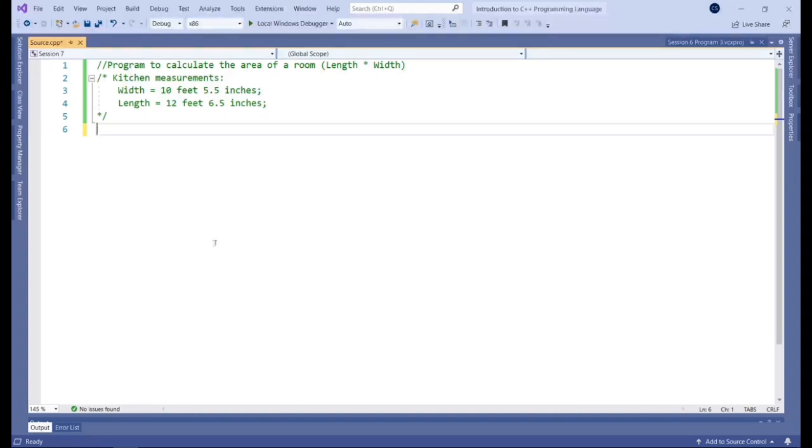Let's say you have a group of measurements, right, for a kitchen here, and the width is in feet and also in inches. So it contains both units of measurement. You'd want to keep them together as part of the width. But if you were to give them each their own variable, then you end up with a ton of variables and it gets messy quite quick, right? So a struct is a way to define the sort of structure that looks like this.